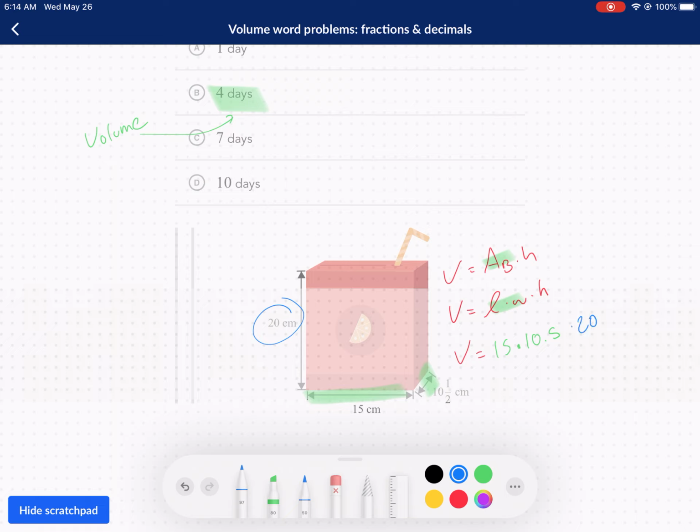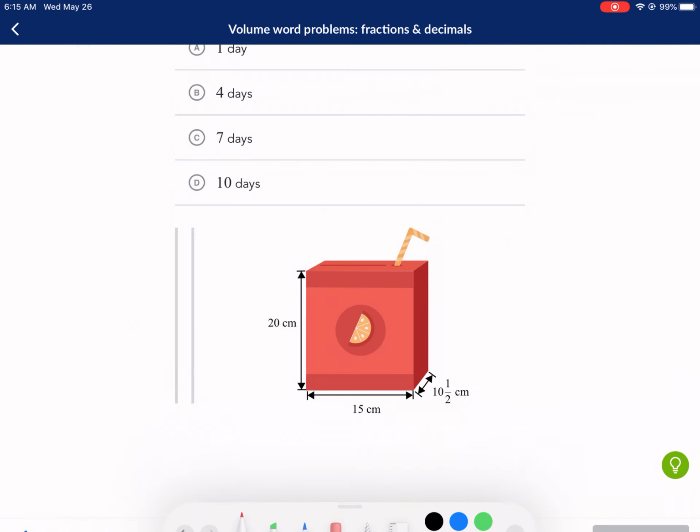Times 20. So we just need to get our little calculator out here. We get 20 times 10.5 times 15, and this is easy enough. We get volume equals 3,150. Now, this is the total volume in cubic centimeters of this box, but he drinks, was it 450 a